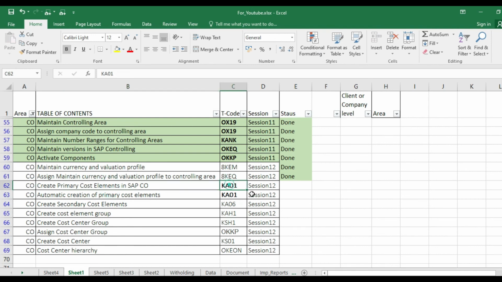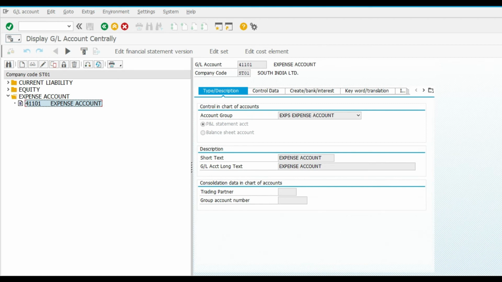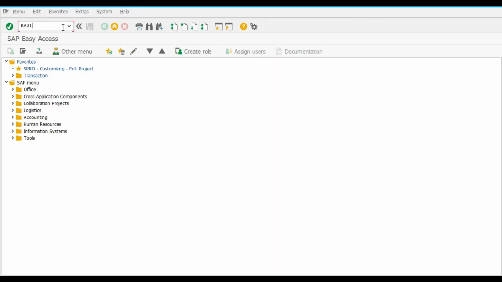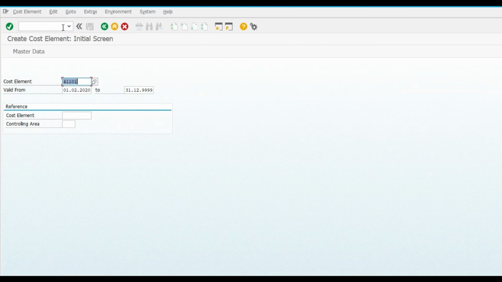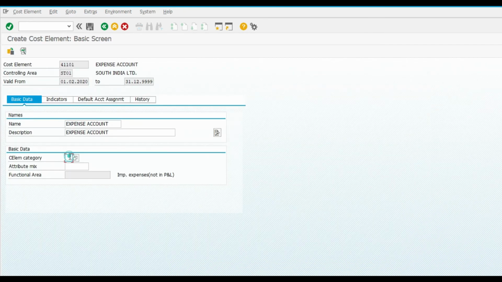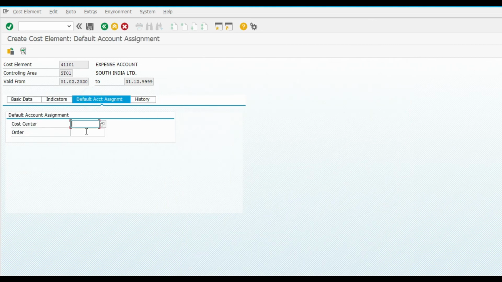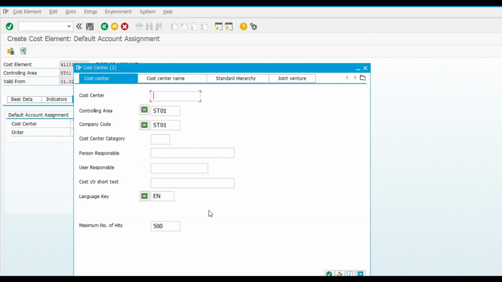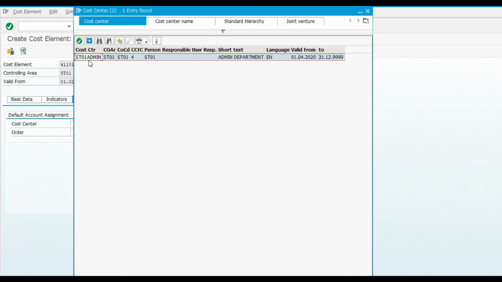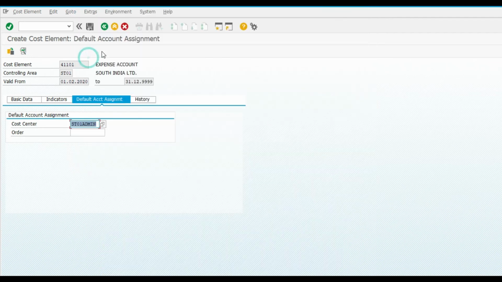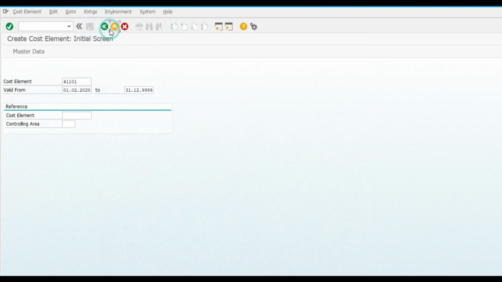Now create primary cost element KA01. So our account code is 41101, expense account, category 1, then no need, indicator, default, which I am going to show. Now we are going to assign one default cost center which we created, ST01 admin, then save, back.